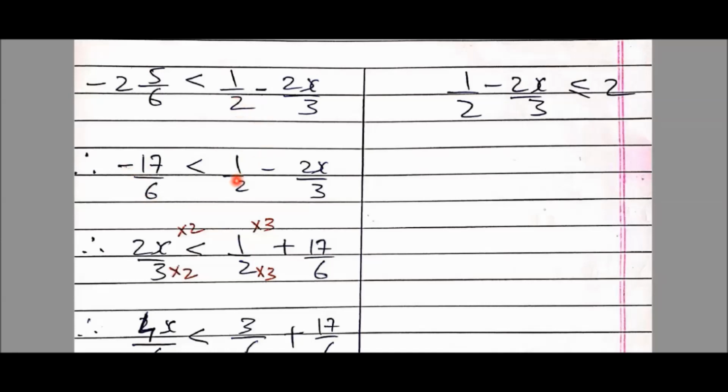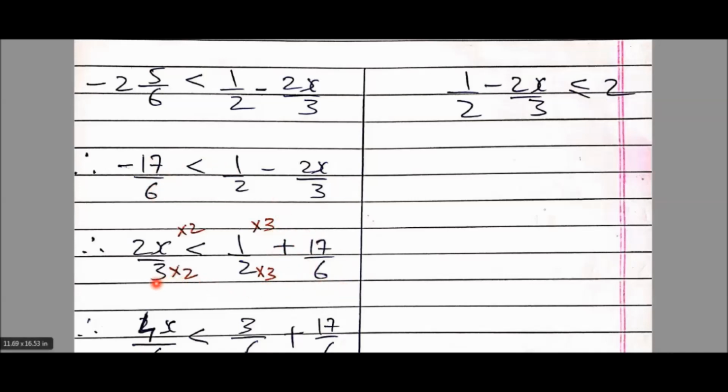Then as it is, we copied everything here. Now, as you know, we need to bring the x terms to one side. Here the x term is only one, which has a minus. So I'll bring this minus 2x upon 3 to the left hand side, so it becomes plus 2x upon 3. Less than as it is, half as it is. Minus 7 upon 6 goes to the right hand side, so it becomes plus 7 upon 6.